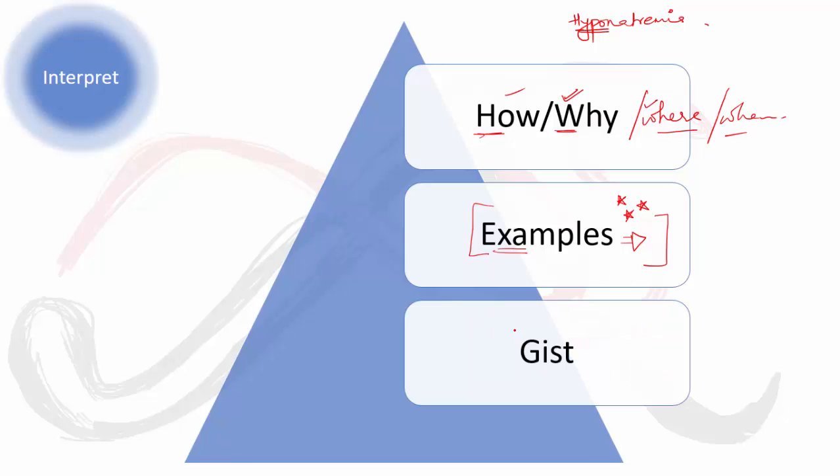The third thing and the most important thing is to create a gist. Whenever you're reading a particular topic, you should always have your own gist out of it. You should always have your own summary. You should always have your own takeaway points from it. Suppose you're reading a topic about analysis of arterial blood gases. In the end, when you finish reading the topic, when you finish learning the important points, you should have a gist of it ready with you,